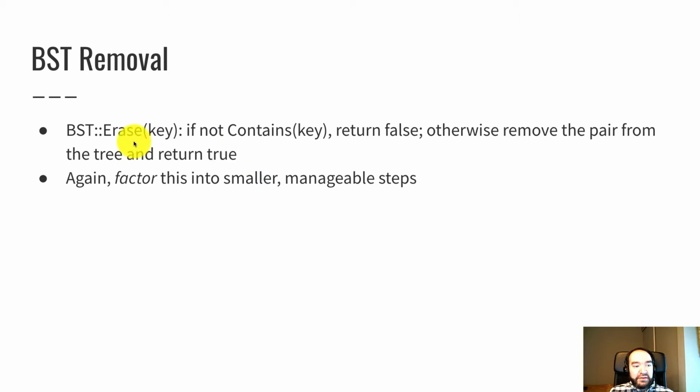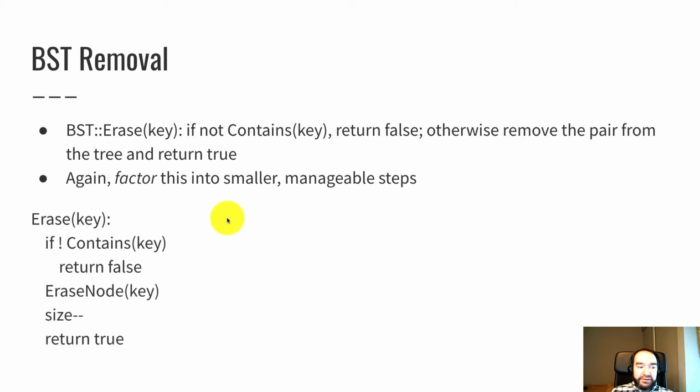There's this rather powerful and complicated public operation that has a bunch of if-then kind of logic in it, and it would be overwhelming to do that all in one big function. It would be humongous and hard to understand. So we are going to factor this into some smaller and more manageable steps. We're going to have an overall erase function that calls some helper functions, and actually those will call some helper functions. Removal is a little more complicated than insertion, so there's more subroutines involved in the removal algorithm than there was in the insertion algorithm.